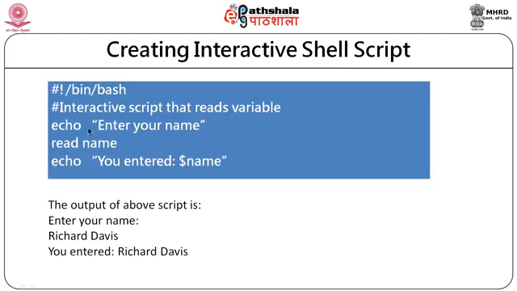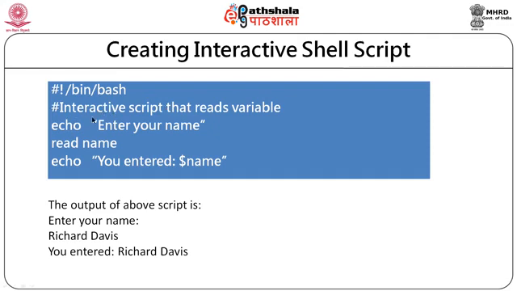Let us look into another shell script which is interactive. The first line indicates the default shell that is to be used. You can see it is commented. Shell scripts can be commented by the hash sign. So, the first two statements are commented. The first line indicates that this shell script is created to be executed by bash. It may contain commands which may not be available in other shells like K shell or C shell. That is why the first line says that this will be the shell which can execute the entire script.